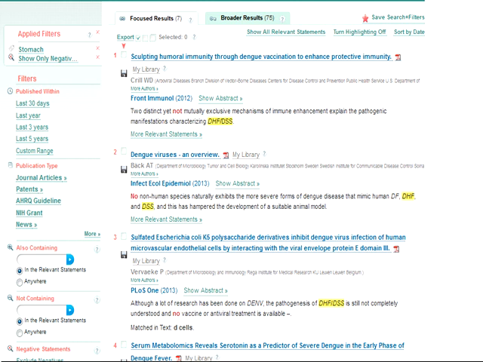In the PubMed database, you will not be able to get negative results unless it is reflected in the title of the published article. But here, with a click of a button, you can understand how many negative reports are available for the particular keyword that you have used. For example, here it is 7 completely negative focused results and 75 broader results.